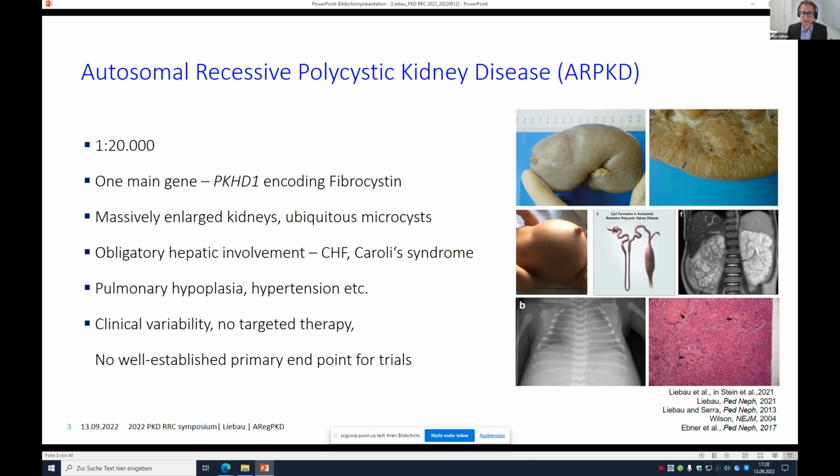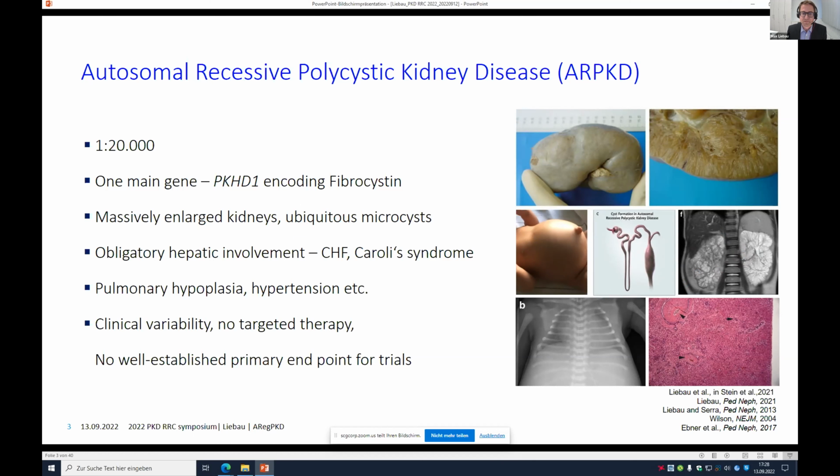There's one main gene that is involved, PKHD1, encoding the cilia-associated transmembrane protein fibrocystin, although variants in other genes have been described with an ARPKD-like phenotype. The phenotype is characterized by massively enlarged kidneys due to ubiquitous microcysts initiating in the distal nephron and collecting duct. And as you can see here in this MRI picture or in this clinical picture, this can lead to massive